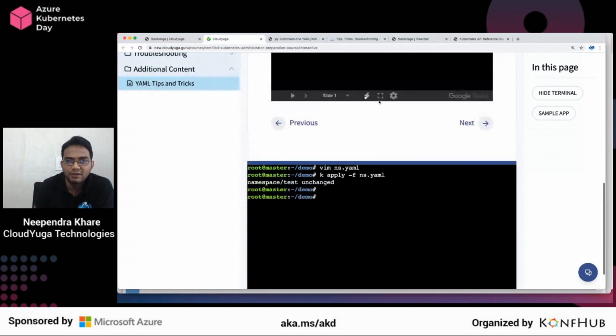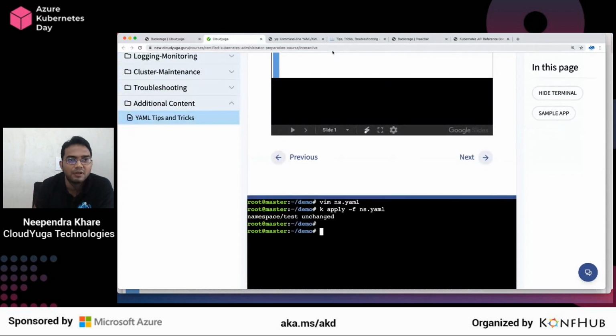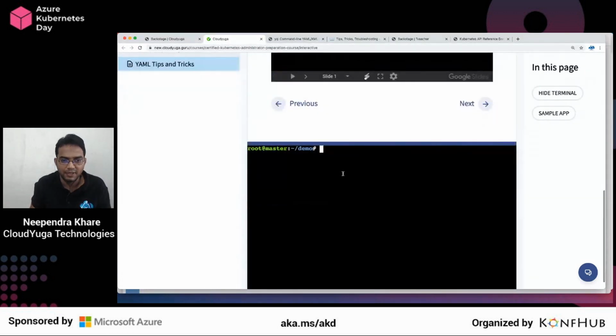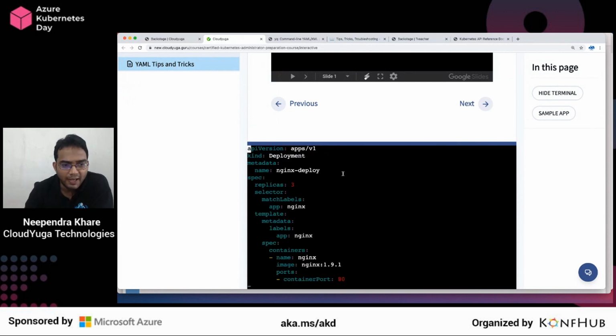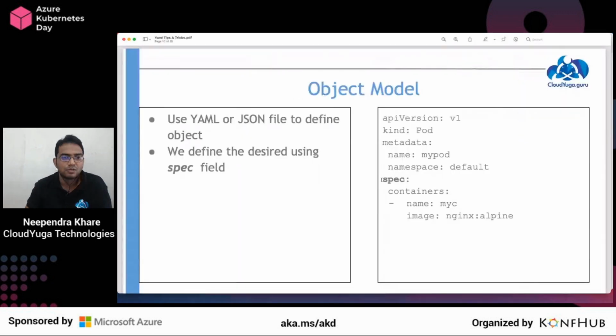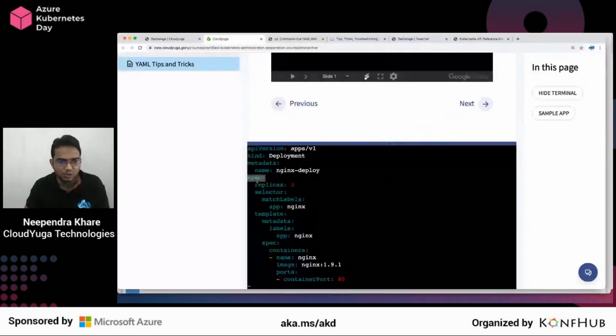Now, why I'm talking about that right now is because it relates to our YAML understanding. As you can see here, we have a deployment configuration file. And in this configuration file, we are defining this spec configuration. So let me go back to the slide a bit. Yeah. So in Kubernetes, when we define a section of spec, spec becomes your desired state.